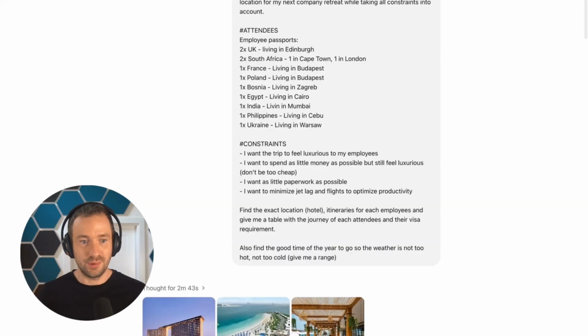Yeah, so we have an example that you can see on my screen right now. The example is basically putting the brand new model like O3, but this would also work with O4 Mini, as a corporate retreat planner. I basically wanted to find the ideal location. I pretend I have staff all around the world, people in Europe, like Edinburgh, in South Africa, Budapest, Zagreb, Cairo,